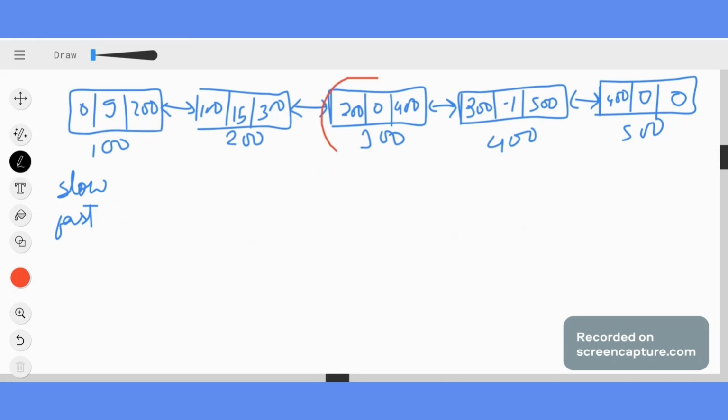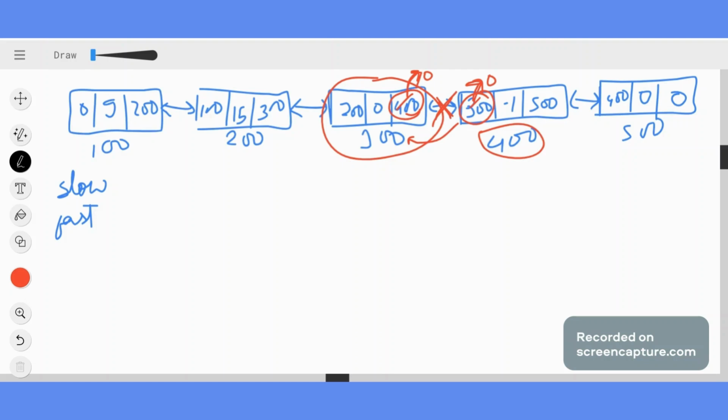So this is my middlemost node. Now to split this into two linked lists, what can I do? The simple thing I can do is update the address to null. Now why? Because this stores the address of the next node, and here the previous stores the address of this node. So if I update this to 0, that is null, can I say now my bond is broken? Because now there is no bond, since my next pointer is now pointing to null and my previous pointer is now pointing to null. So I can say that there is no bond between these two nodes.